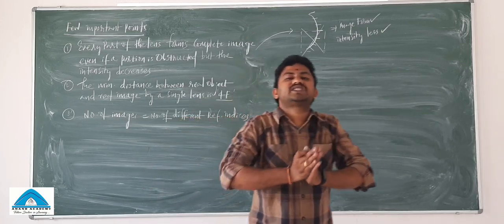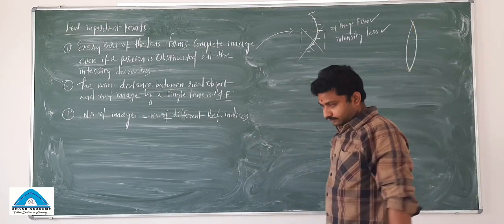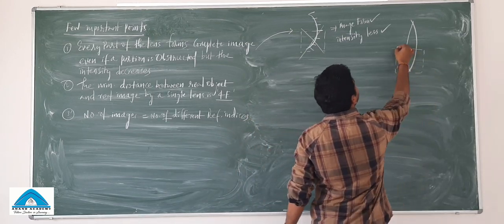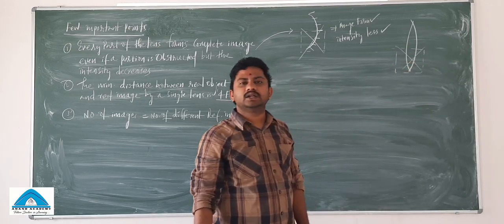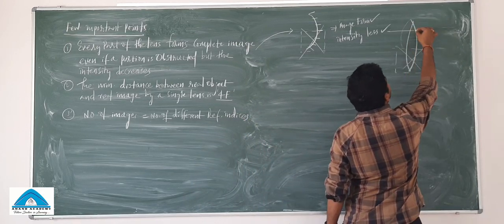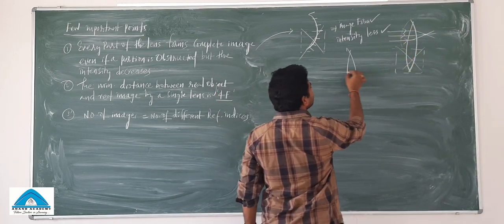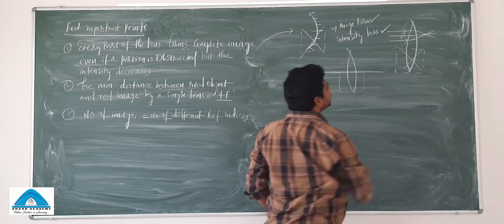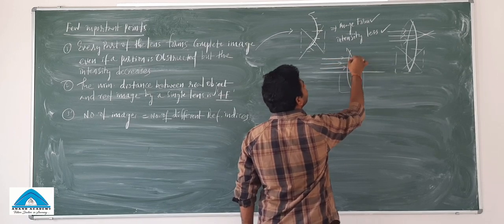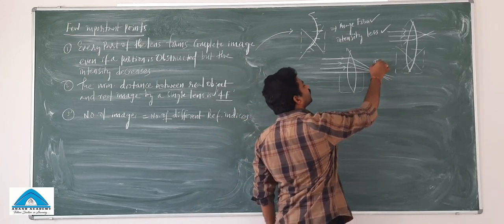In the lens case also the same thing takes place. So imagine there is a lens I have here like this, right? What happens when this portion is obstructed or blackened? There won't be incident rays on it. But there is a part through which the incident light rays pass, and these are the three incident rays I had considered. So this is the part we have blackened, and this is the principal axis. So there will be a focus here. Three light rays are incident here. So now the image will be formed here. The image will be formed at focus.